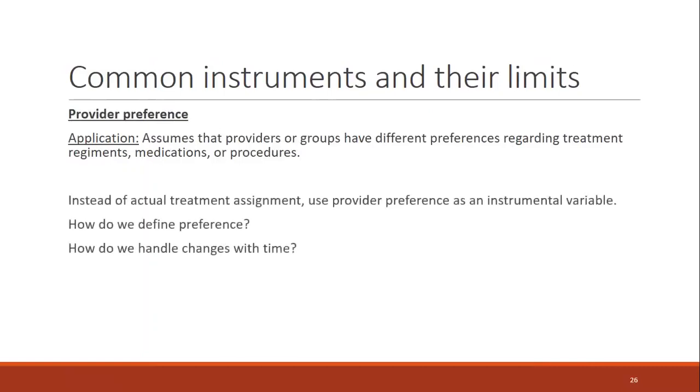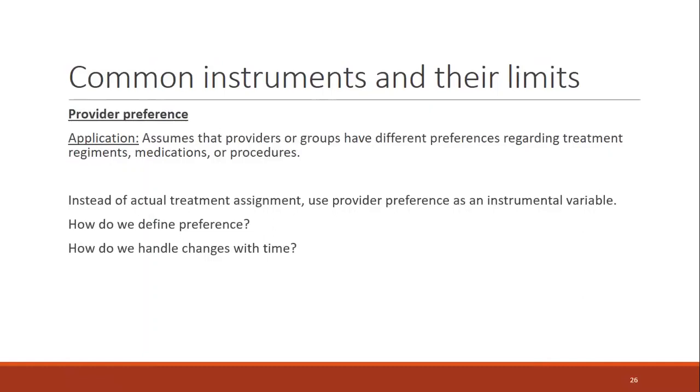We run into some issues with this. And so one is, how do we define preference, right? We can think about tons of ways we could do that. One way that's commonly done is just look at the person historically and see, of their last 100 NSAID prescriptions, how many were Cox-2s? If it's 75%, we assume that they're a Cox-2 physician. If it's 25%, probably an NSAID prescriber. But again, we can think of other ways, right? The study we did basically looked at the last prescription. So they looked at the last person who visited that doctor who got prescribed an NSAID before our patient of interest and figured out, well, was it a Cox-2 or a non-Cox-2 that they received,